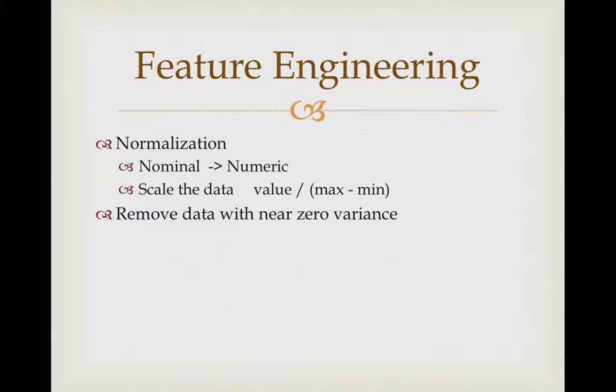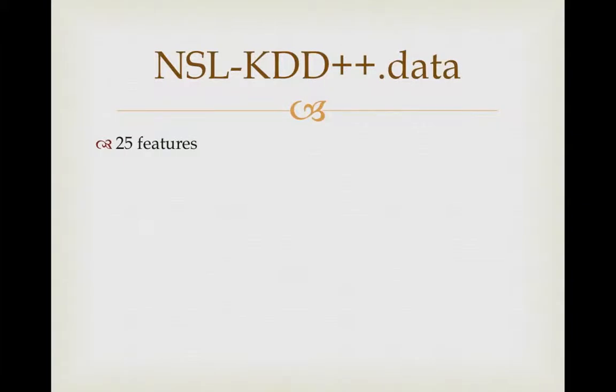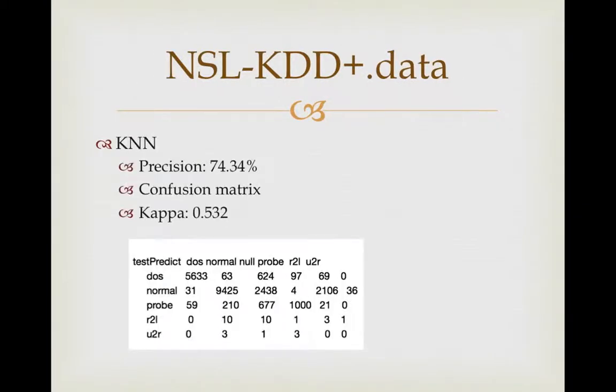I also removed data with near zero variance. I use R to calculate the variance of each feature, and you can see the last column is whether this feature has nearly zero variance. So I removed those features marked true, and at last I got 25 features. I think this time will be better. Yeah, it did